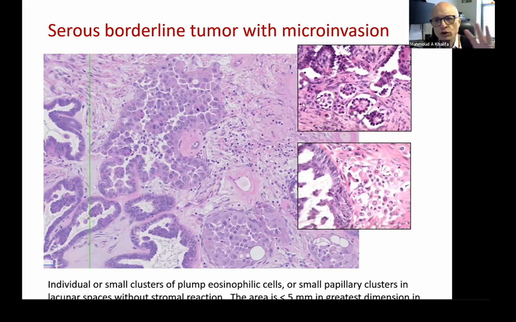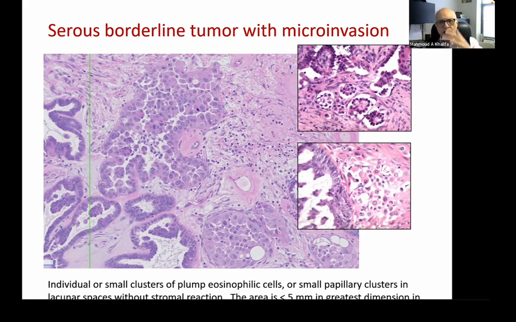So even though you don't see desmoplastic reaction in any of these pictures, this is microinvasive serous carcinoma if it is less than 5 millimeters. If it is more than 5 millimeters, then it is a low-grade serous carcinoma. This is a very serious diagnosis because now, if they removed this as an ovarian cyst and you found borderline